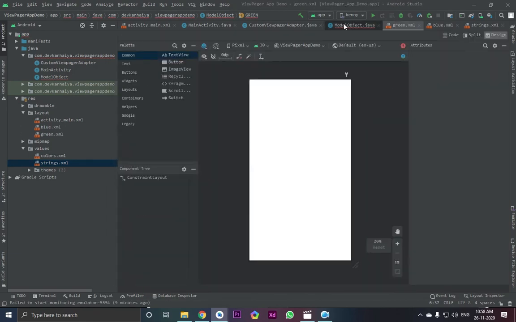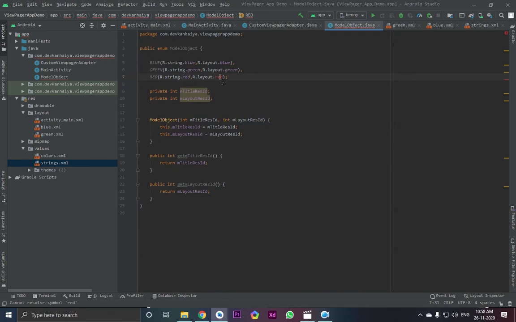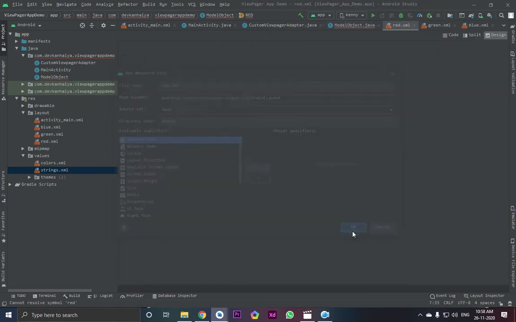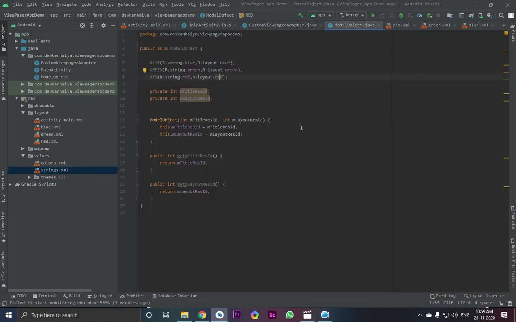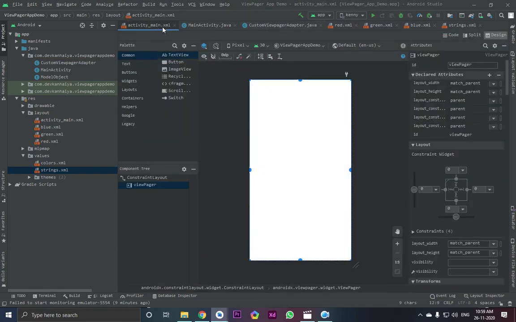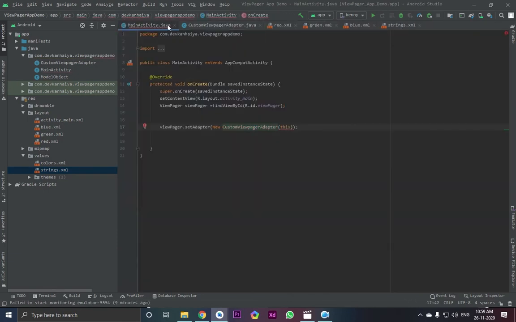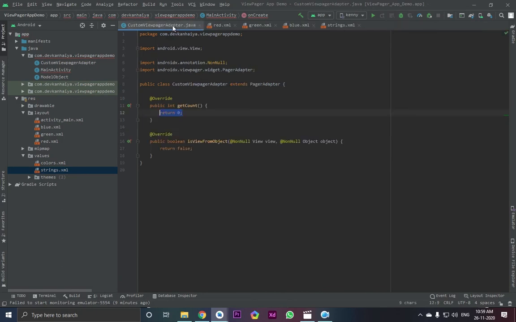Okay, let's do it again, create object. Okay, now it has been created. We don't need this model Java class anymore, and we also don't need this one. Let's remove it, and we also don't need this one as well. We are going to be solving this error in the custom view pager.